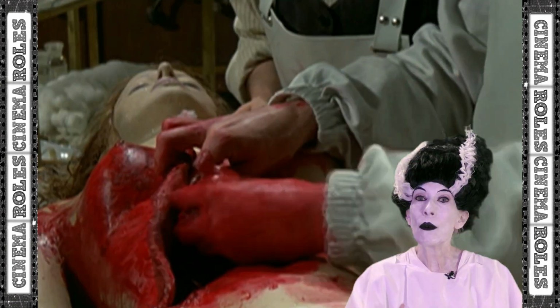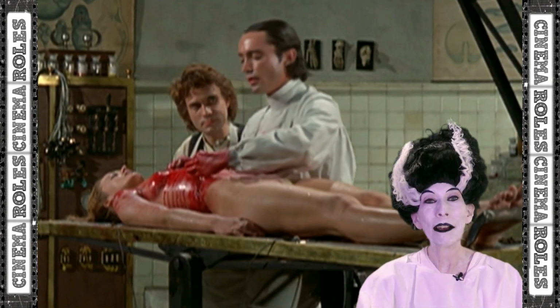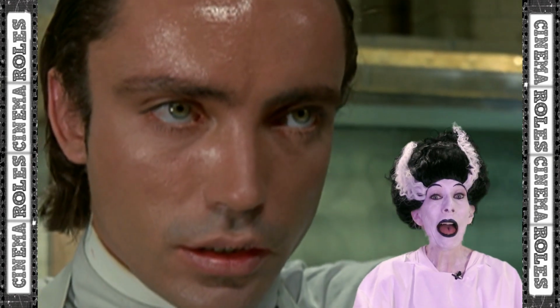But the Warhol film took things one step further, with more realistic-looking organ transplants, disembowelments galore, and one very odd scene showing a young Dr. Frankenstein getting off on handling his creature's liver. Ooh. Then, through the rest of the 70s, 80s, and most of the 90s, the gore was toned down quite a bit,